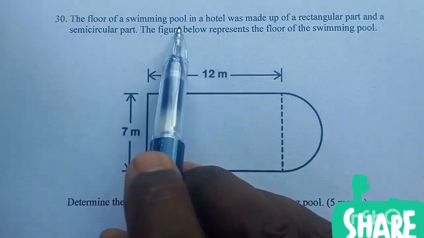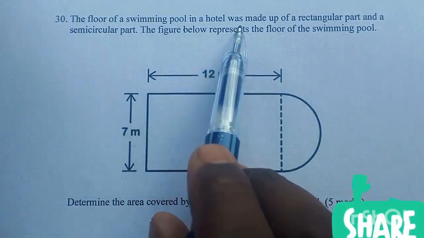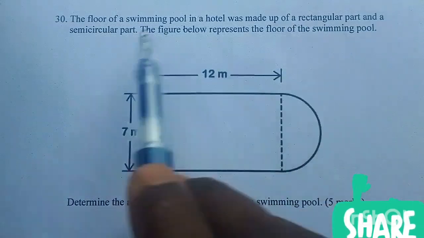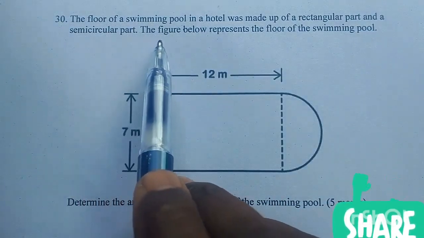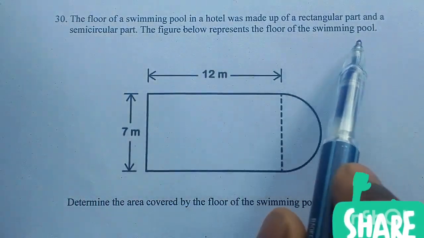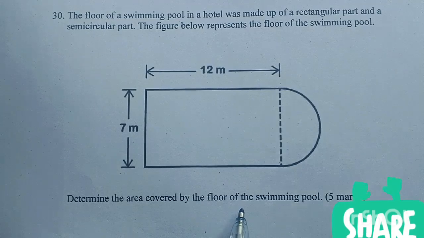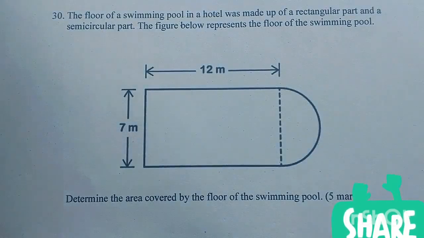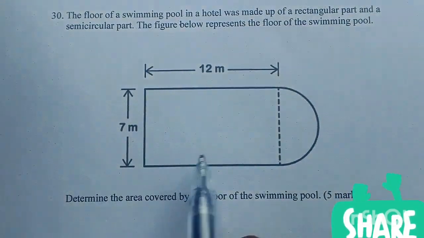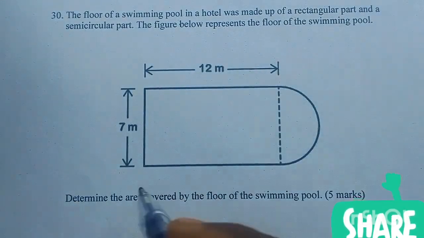The floor of a swimming pool in a hotel was made up of a rectangular part and a semicircular part. The figure below represents the floor of the swimming pool. Determine the area covered by the floor of the swimming pool. So we have a rectangle and a semicircle. So area of a rectangle